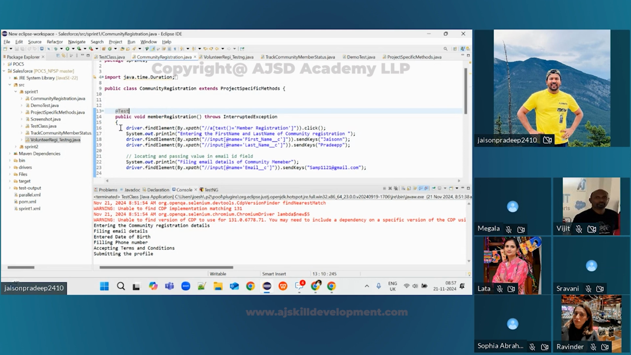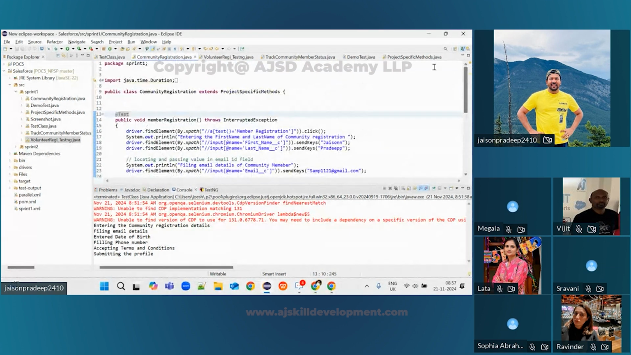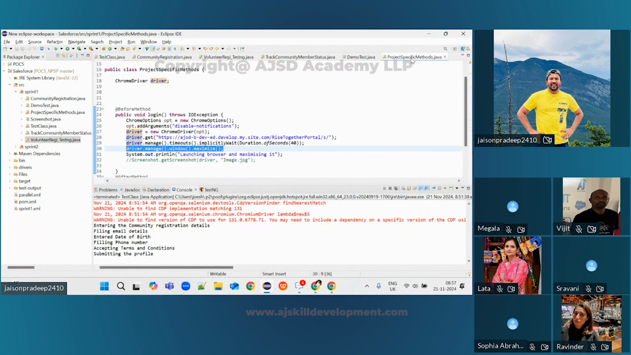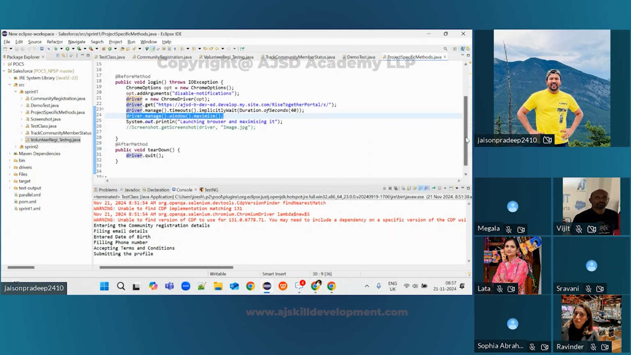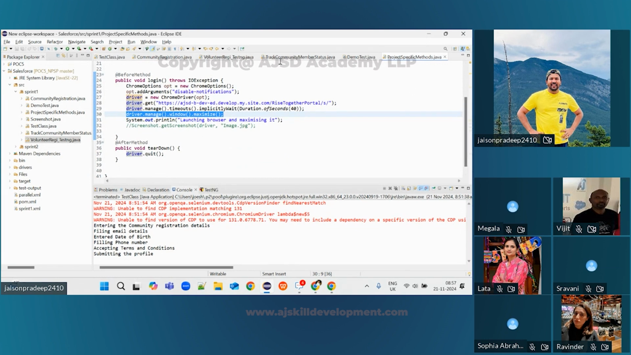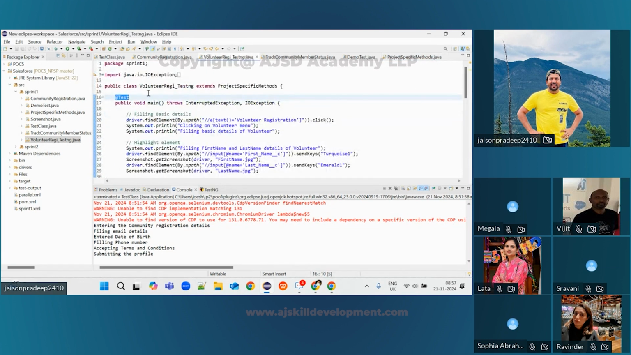It will come here, it will execute this code, whatever I have written, and then again it will go back to project specific methods, because before method will execute first, at test method will execute second, and last after method. So this will close the browser. The same goes to volunteer registration. Before method will execute first, at test method will execute second, and after method will execute third. Okay, now